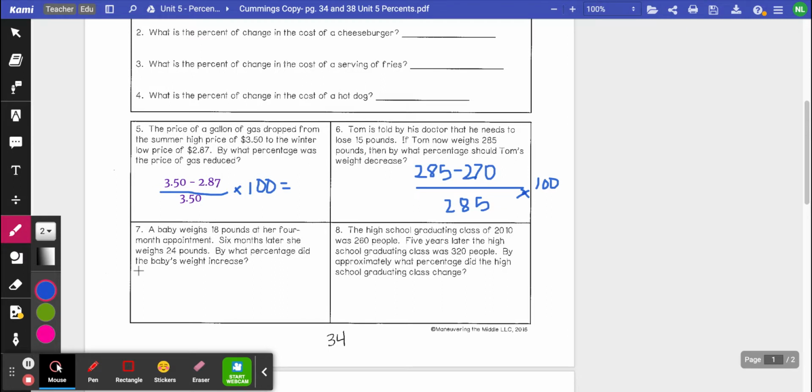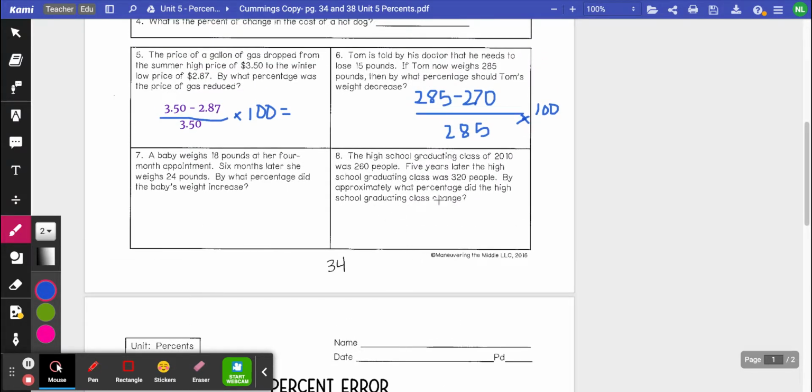The next one says a baby weighs 18 pounds at her 4-month appointment. 6 months later, she weighs 24 pounds. By what percentage did the baby's weight increase? So first, find the difference between the two numbers, divide it by the original weight. Her original weight was 18 pounds. Then you're going to multiply it by 100 equals what? And question number 8 says,